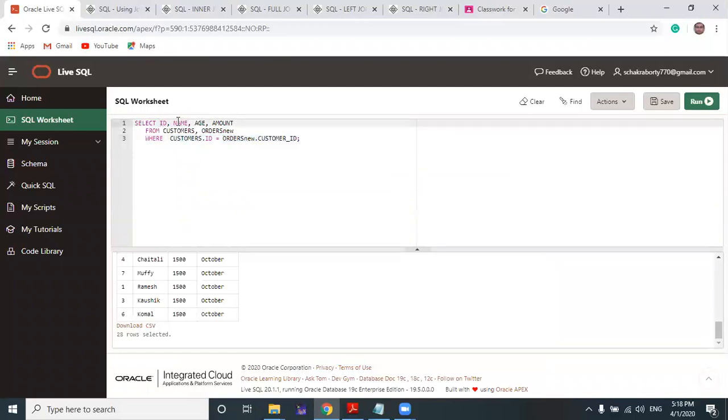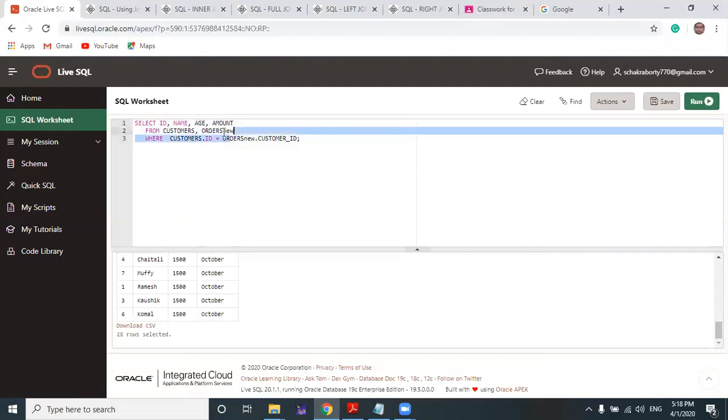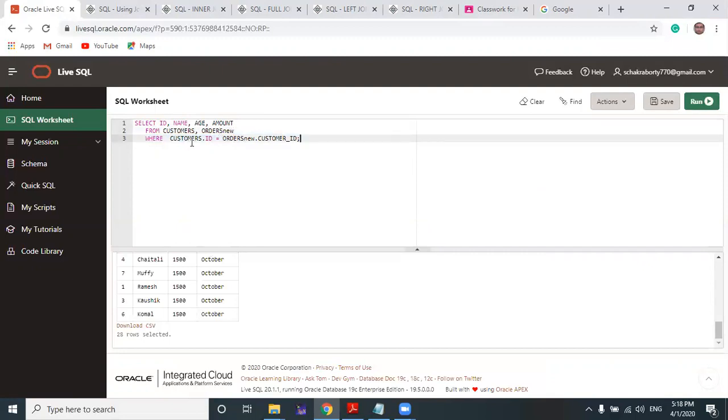So we are actually fetching ID, name, age, amount from both the tables. Suppose ID and name are from the first table, and ID, name, age, and amount are from the second table. So from customers and orders new, from both tables, where customers dot ID and orders new dot customer ID are the same. I have already discussed during the creation of the tables that these ID values are similar. So these two are the same column but with different names. That's why I have used the table name to identify it. It is important that the table name should be there along with the column name. So if we run it,